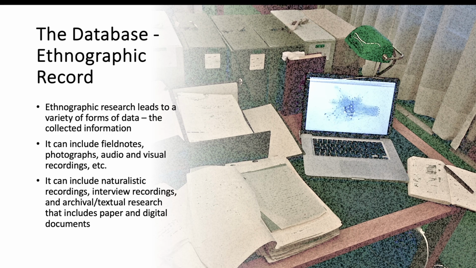So the data that we collect then, we have a schema, the ethnography of speech. So we're focused on living language, and we're focused on language in its socio and cultural context. And so eliciting interviews, doing observations, doing archival research leads to something that we call the ethnographic record. This is the database where we compile all of this data, all of this information, to be used in the period of analysis. When data collection is finished, then we analyze the data to see what it says of the research questions that we have.